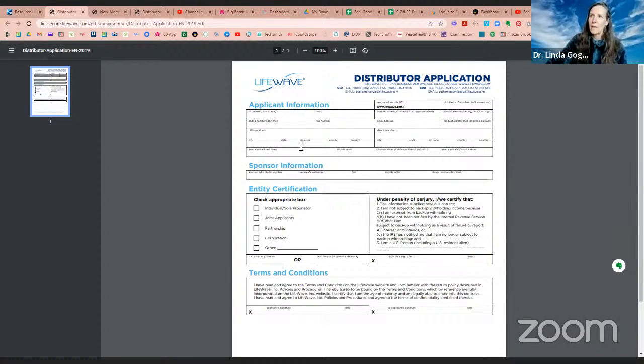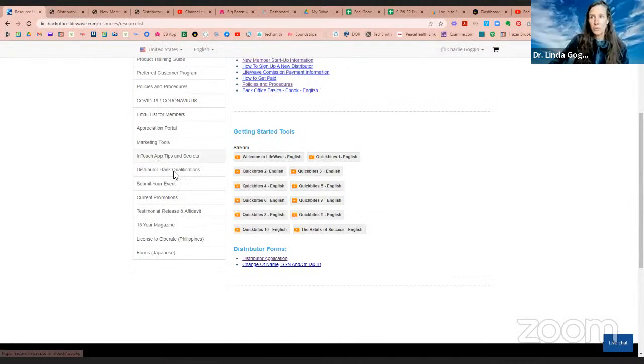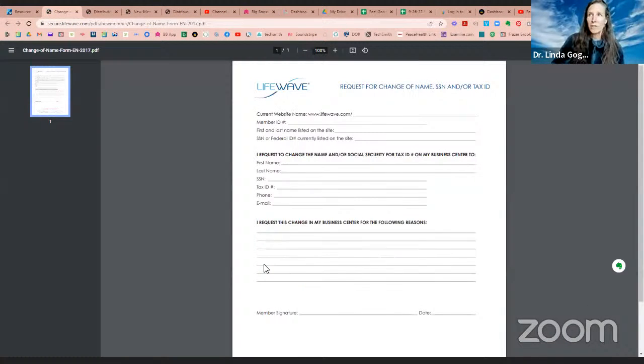And then you're going to make sure that you put your information on here for them. So this is great for them to have because they know your last name and how to contact you and everything like that. But this is, as I said, in the resources at the bottom. Now, important, right next to this is change of name, social security, or tax ID. If you have a name change, you're just going to grab this form and send it to